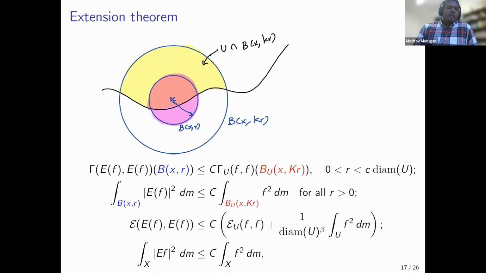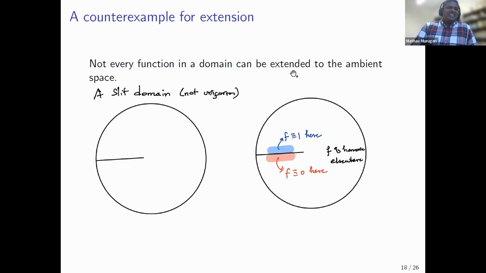and perhaps in order to understand this theorem, one needs to understand that this is not always true. For example, one can consider these kinds of domains. So this is a unit disk with a slit removed. This is not a uniform domain because one cannot join two points which are close to each other, one above the slit and another below the slit,